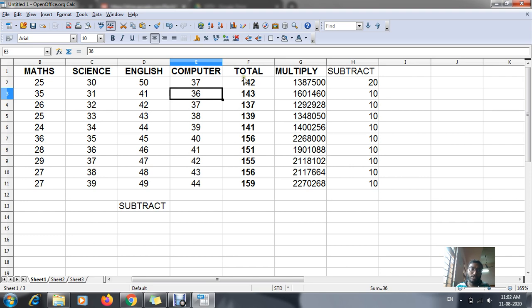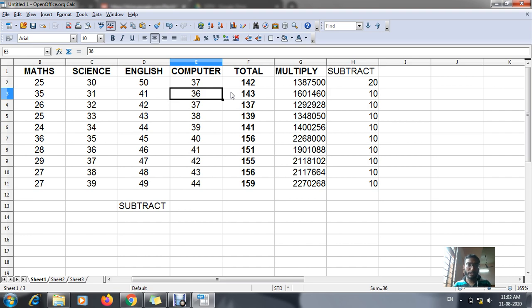Instead of 140 before, now it became 142. That means there is no need of doing totaling or addition or subtraction again and again. Just use this autofill method, and automatically your formulas will be applied to each and every cell, which helps the user to work in a better and proper way.